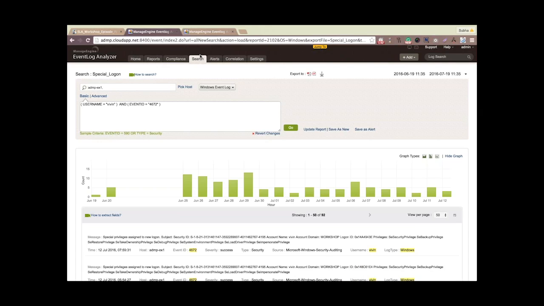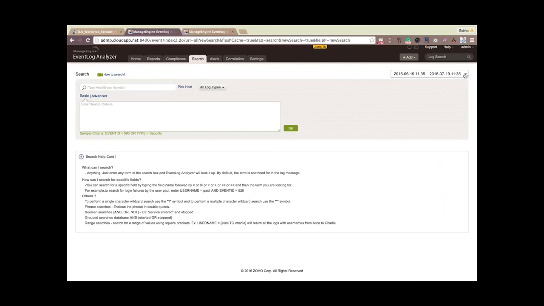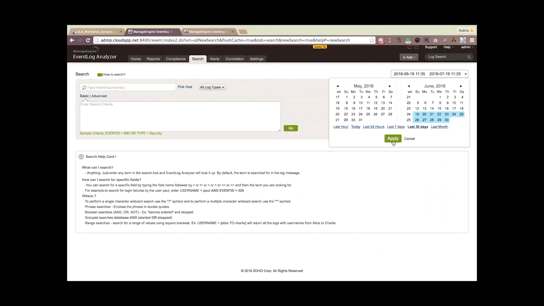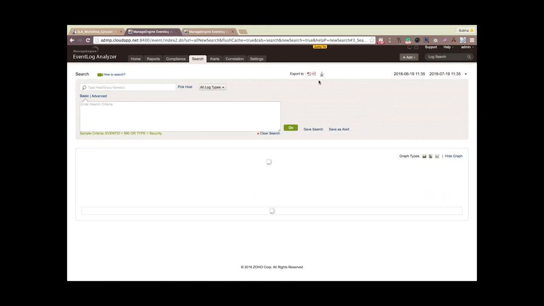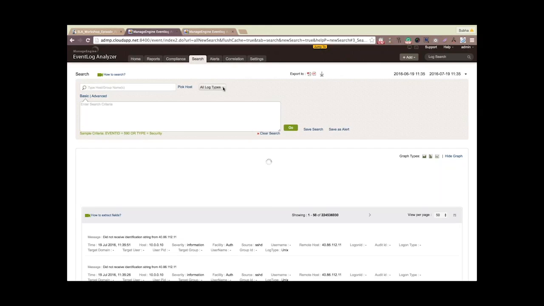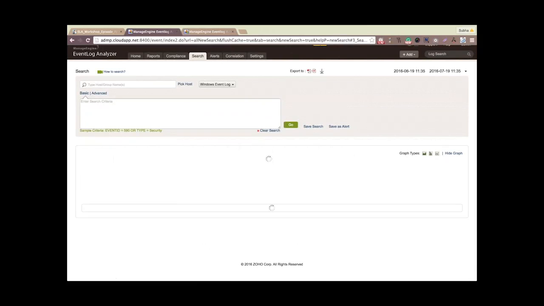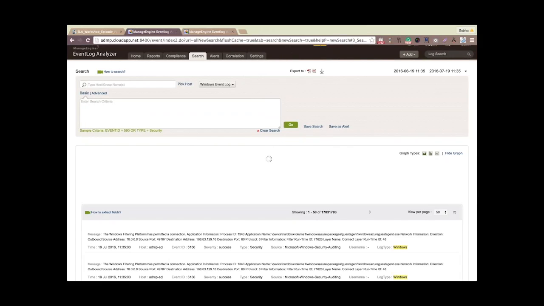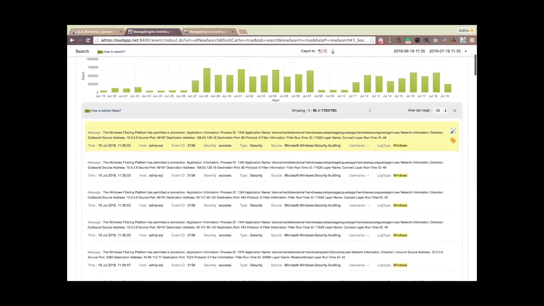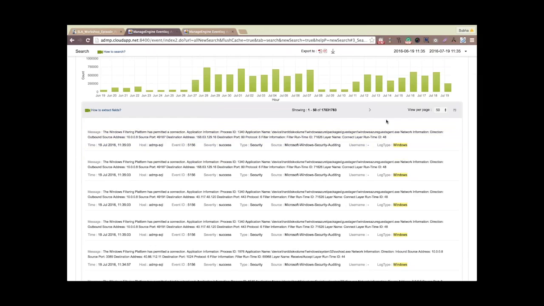I repeat the steps again. Go to the search tab, select the time frame for which you need to search the log data and click on apply, and select the log type that you need to search and click on the go button. This will display all the raw log information, and select the field through which you need to narrow down or build a search query. Say for instance the username,